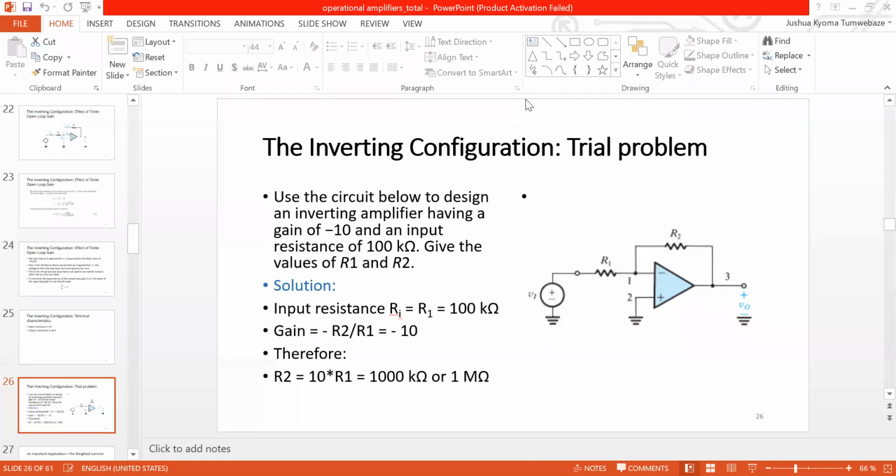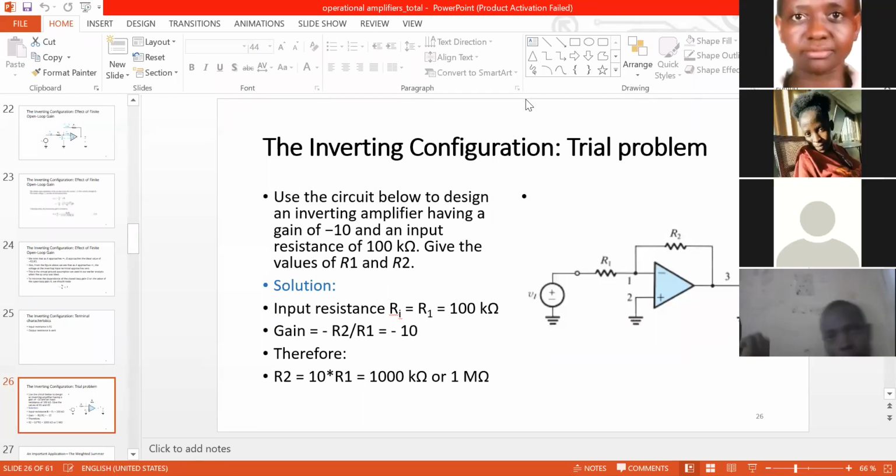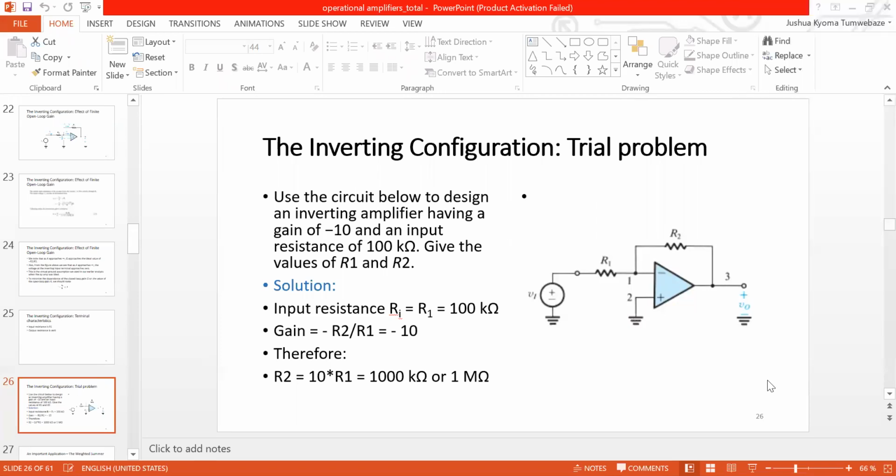But I think you were explaining the infinite input impedance. Okay, I can see another hand here. Somebody to explain the output impedance. Madam, since the output of the inverting configuration